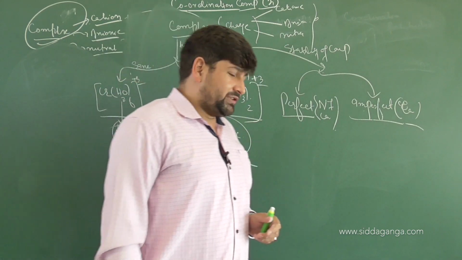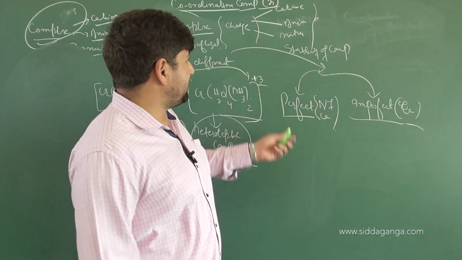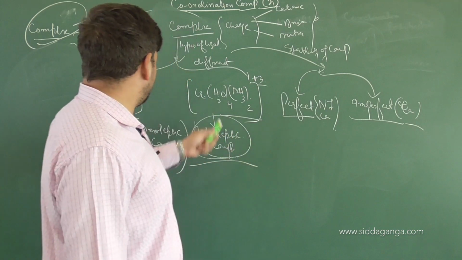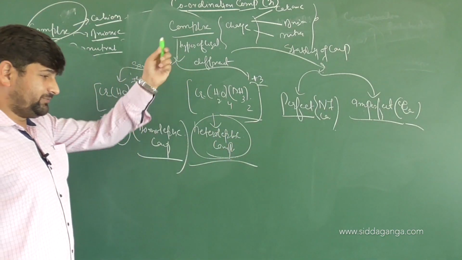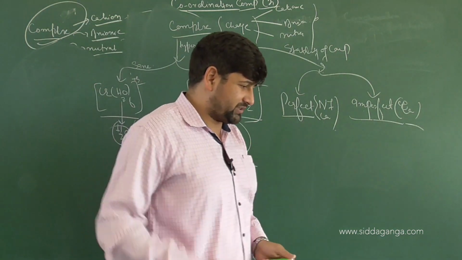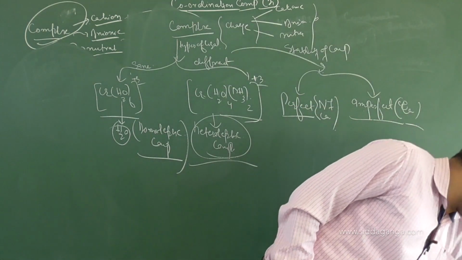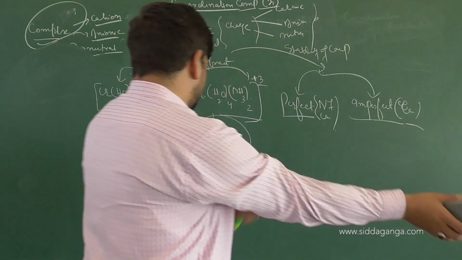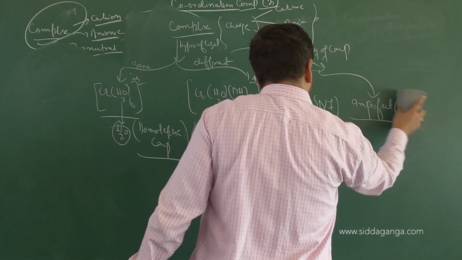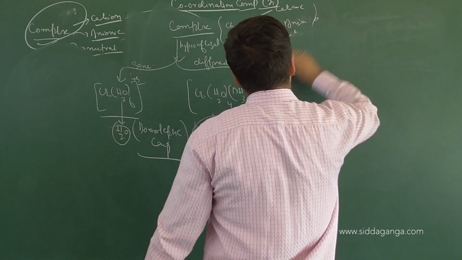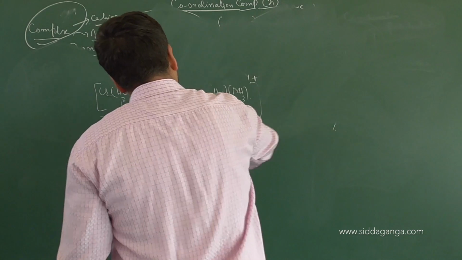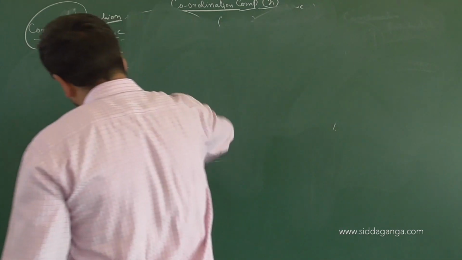Now, central metal atom, all of you understood. So what is the central metal atom in the different cases? Suppose here it is chromium, here also it's chromium, and in the different examples I have given, different types of complexes, central metal atoms will come into play. Now, one very important discussion on which the whole of this coordination chemistry is dependent, and that is ligands.